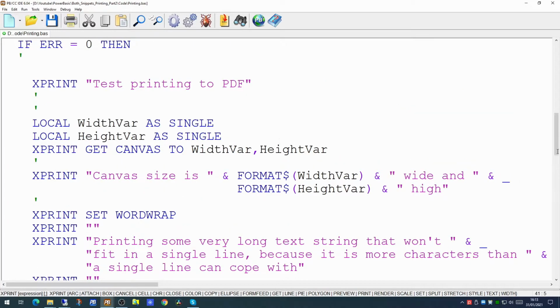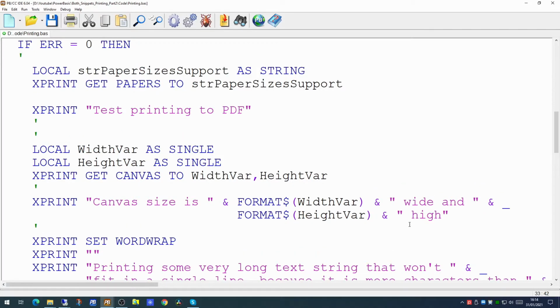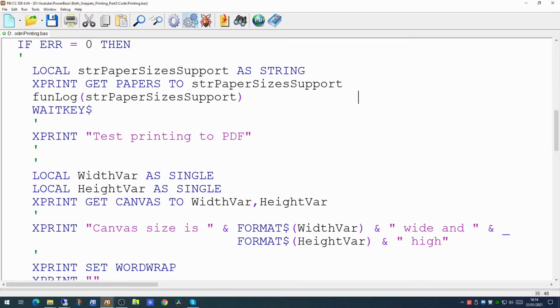What we're going to do today is see what paper sizes the printer we've attached to actually supports. We can do that using the Get Papers command. This puts the value of the papers we can support in our printer into a variable, which we will declare. If we put that out to the log just to see what it says, and if we run that now,